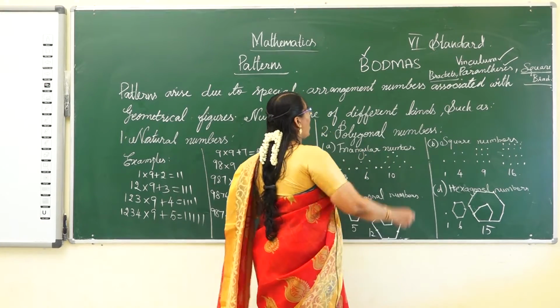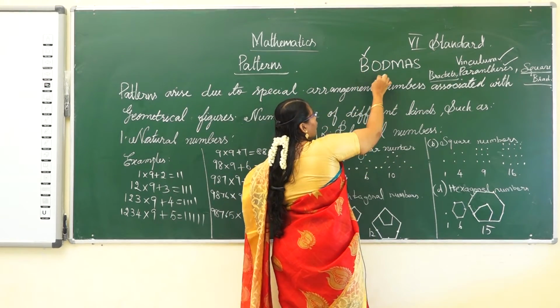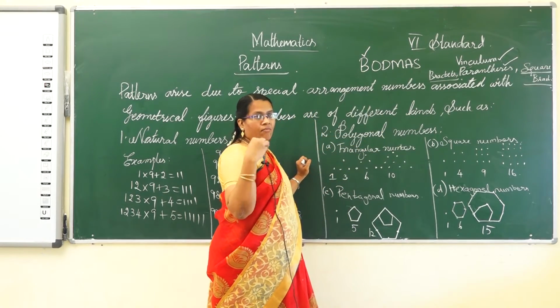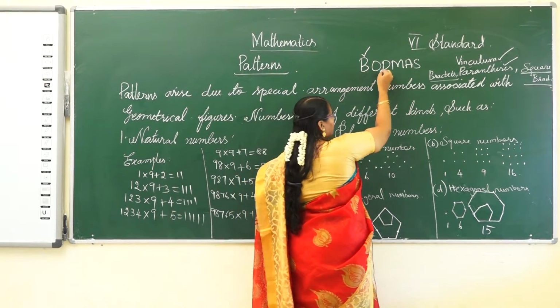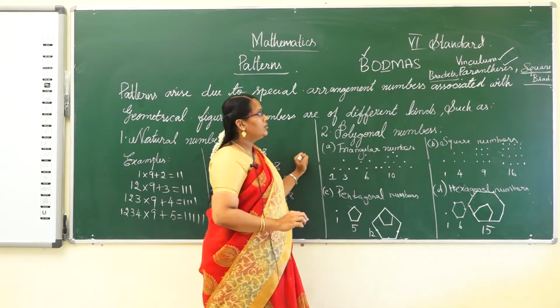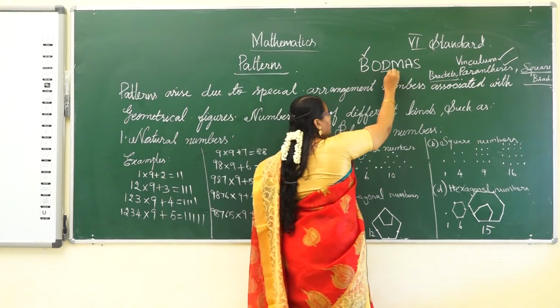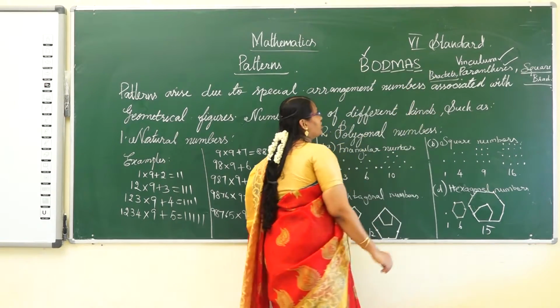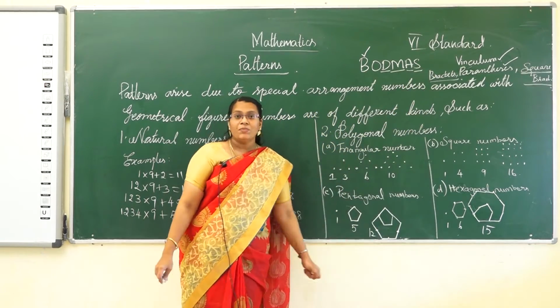Next move to the of, like half of 2, half of 3. Of means multiplication, and then go for the division after. Next prefer the multiplication, and finally go for addition and subtraction. I hope you all understand the concept of BODMAS.